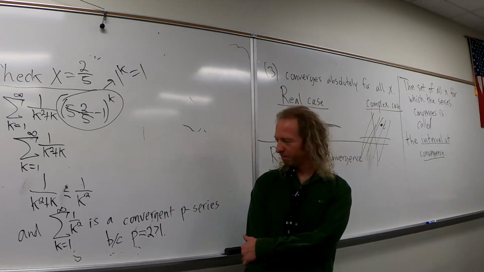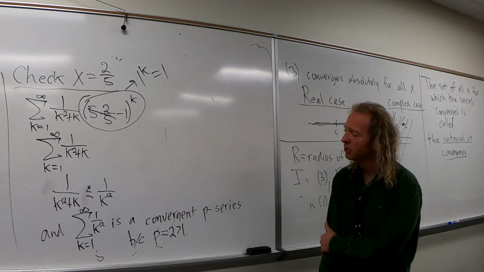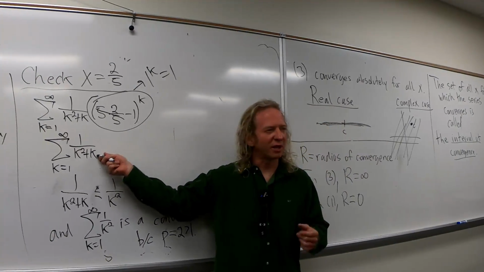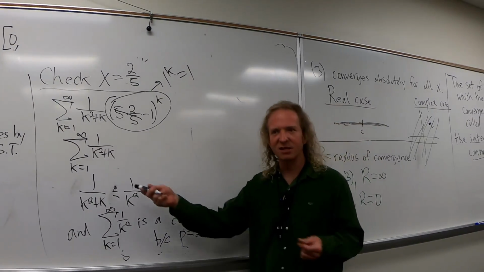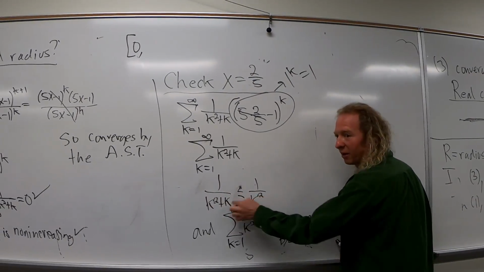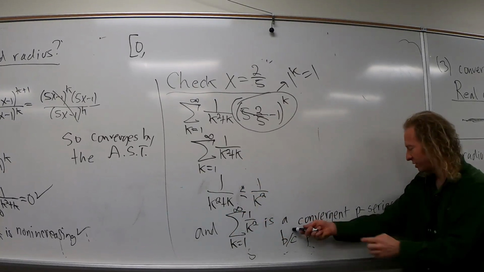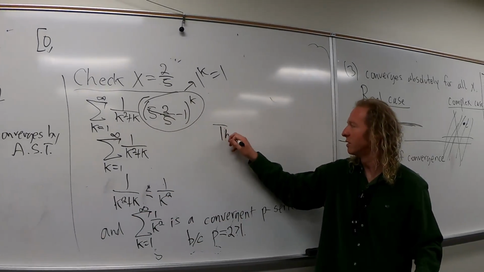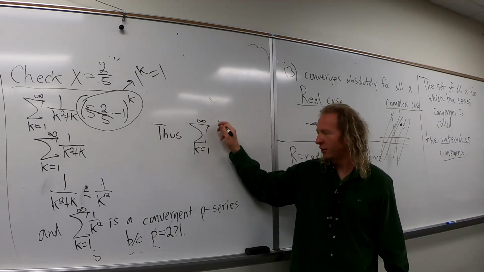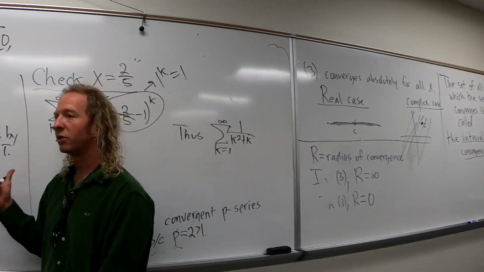I'm a little bit behind. Is the test you use the limit comparison? We're using direct comparison. It's okay, I'm going to go over it again. So we see this, we get here, and we say, okay, it's almost like a p-series, except it has the annoying k. So we write this down, and we create a less than or equal to, and we drop the k, because this is smaller than this, and then we just have to explain why this converges. So thus, this series, k equals 1 to infinity of 1 over k squared plus k, converges